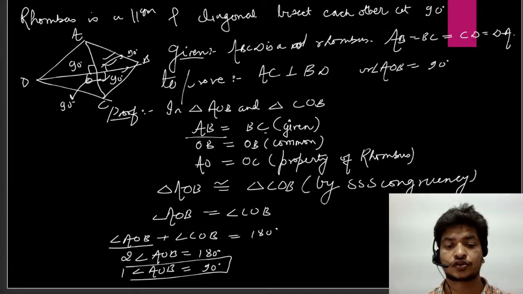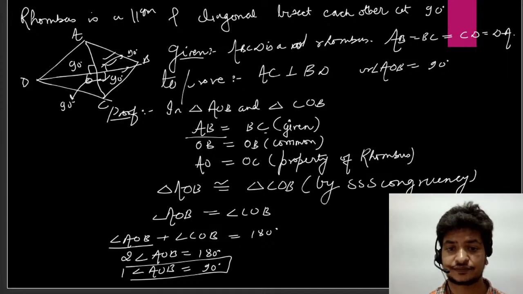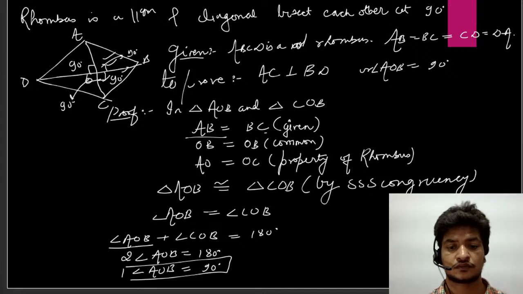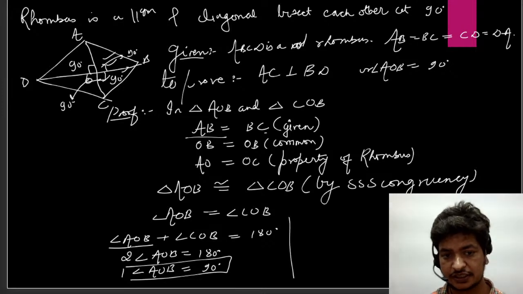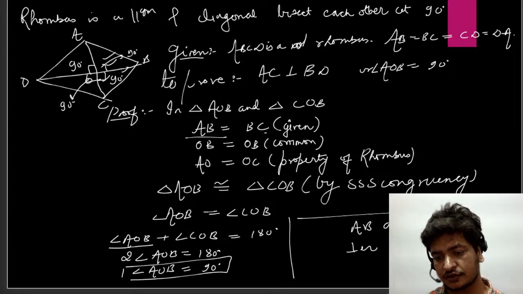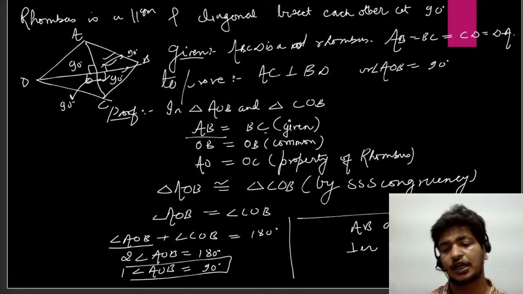Okay. So we are getting angle AOB equal to 90 degrees, which states that AB and CD are perpendicular bisectors. अब इससे एक और प्रॉपर्टी डिस्कस करते हैं, like this is the important property, like in rhombus